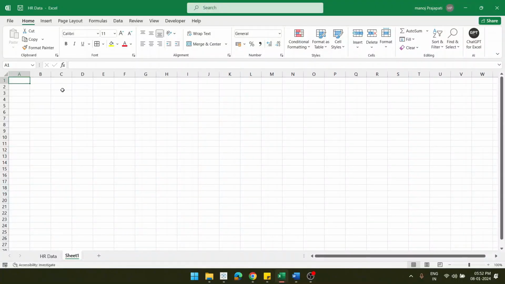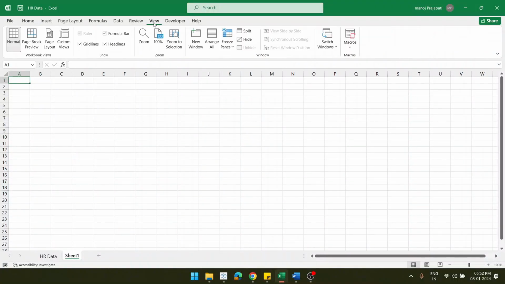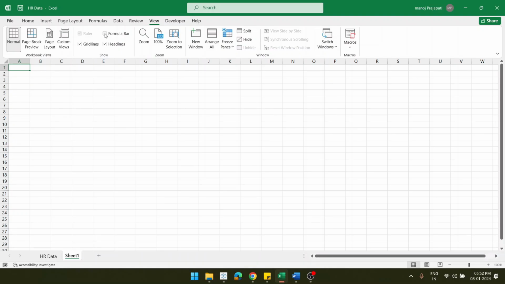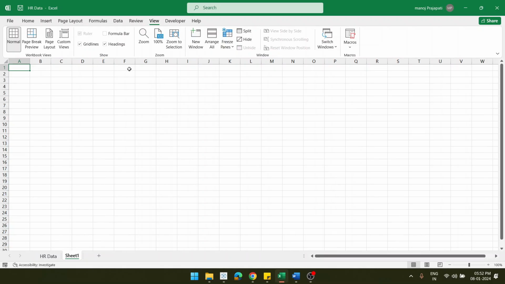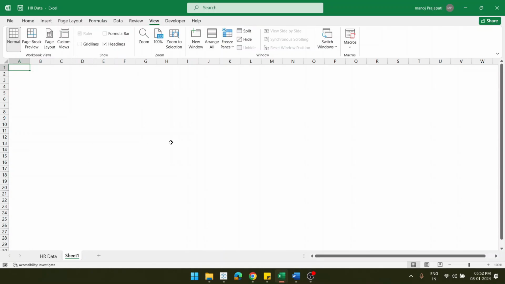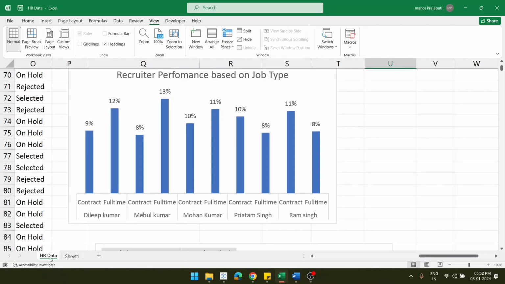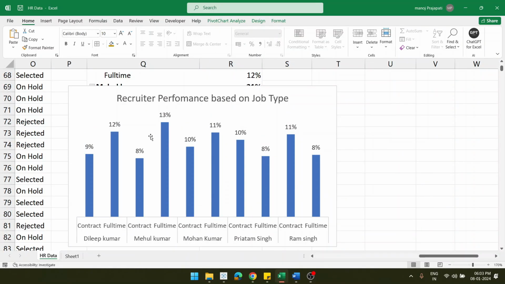Go to the next sheet, then go to the View tab and uncheck the formula bar and uncheck the headings, so they are removed from here. Now uncheck the grid lines, so they will also be removed. Now you can see your sheet is purely clean. Here you can put your charts. Let's move to the dashboard side, and we need to copy all the charts and